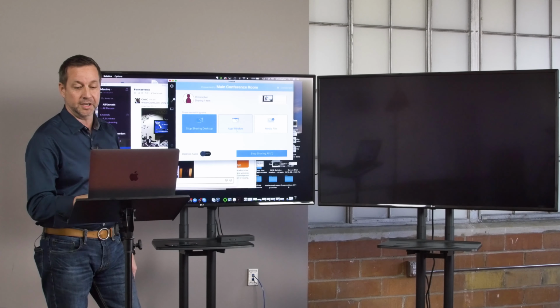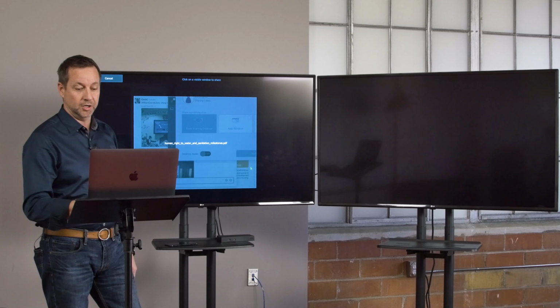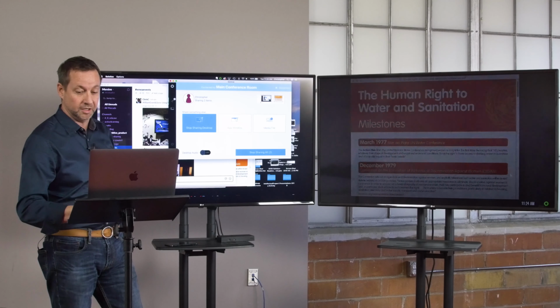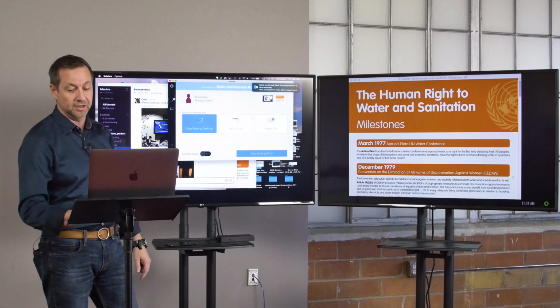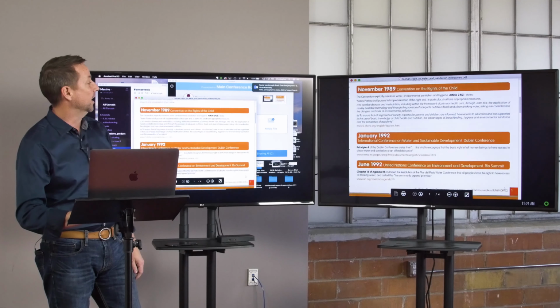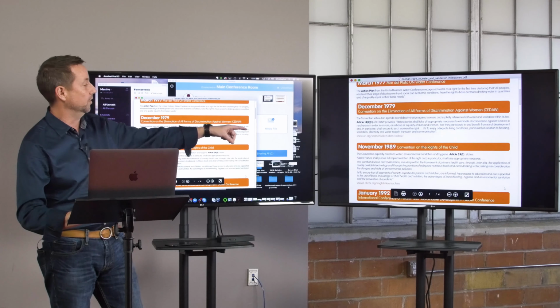So let's do that. I'm going to click App Window and go over and go, okay, let's share this PDF document now. And that'll appear on the screen over here because we're in dual screen mode. And I can page through that, and you'll see on my desktop it's moving, but I've also got it over